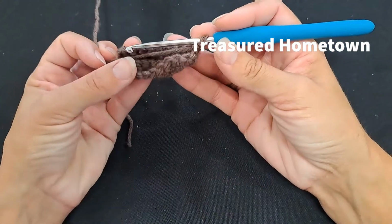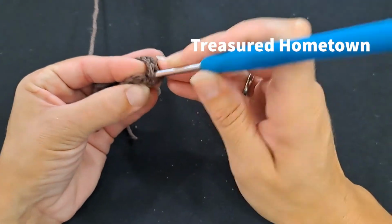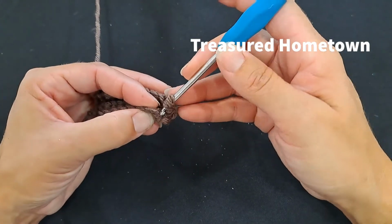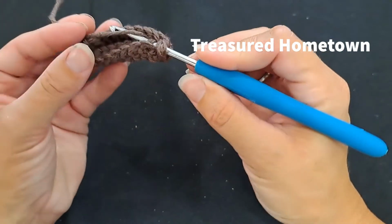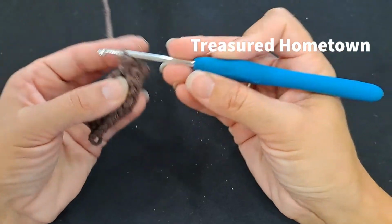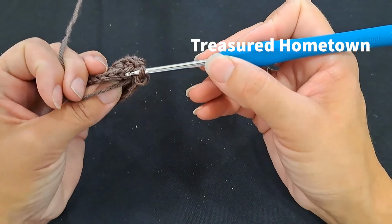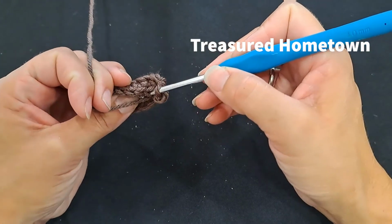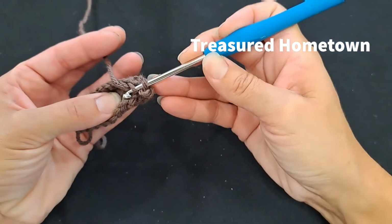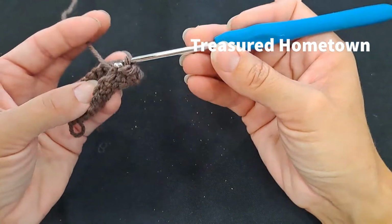So bring your tail end, and I'm kind of laying it into the center where we're folding this. I'm just going to go from the loop on this side, one of the chains on this side, yarn over, and pull through all of our loops. So because we want to keep that little rib, we're using the back stitch on this side, come through the next chain, because this was a chain where we started, pull through all 3 loops,